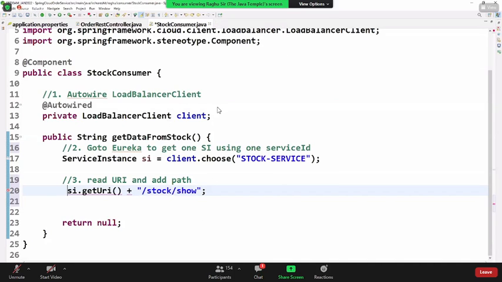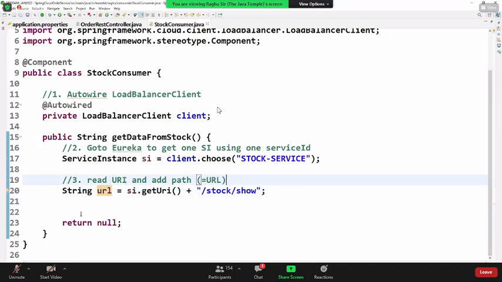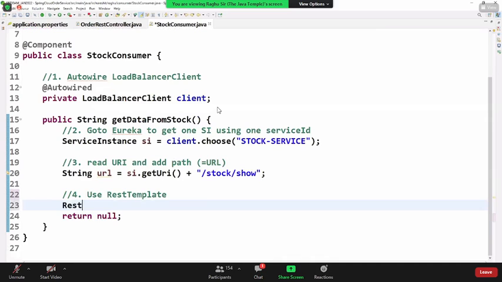Which returns actually the URL. Now the URL is ready. Now you use REST template. There I'm using REST template.